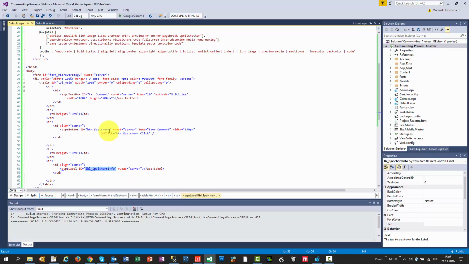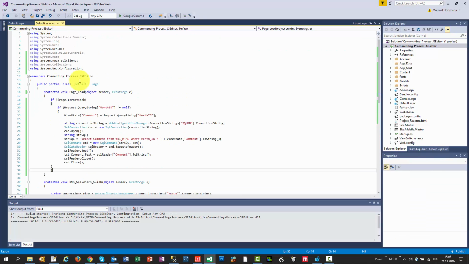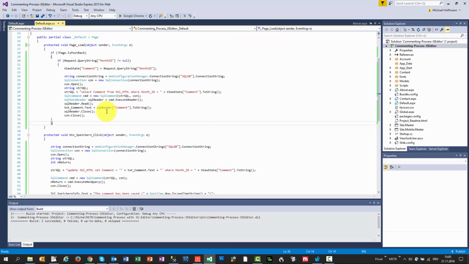It's very, very simple. In the background, we need some coding in order to make it dynamic, and therefore we look at the C# programming code here. This code is very easy. It consists of two parts. This is the first part here, and this part runs when you enter the page. A key element is that we hand over the month ID to this code in order to link the comment to the month ID later, so that you are able to combine the comment with the reporting data